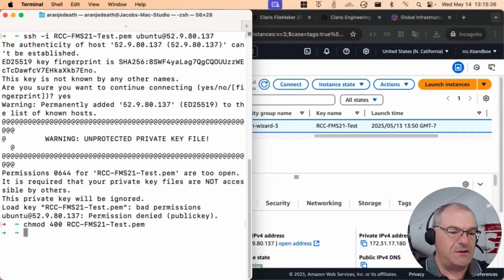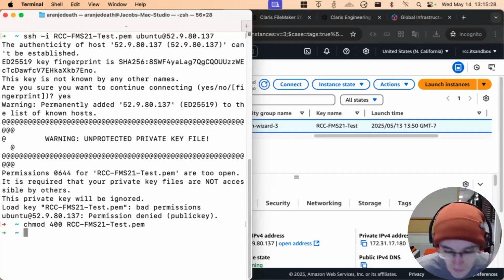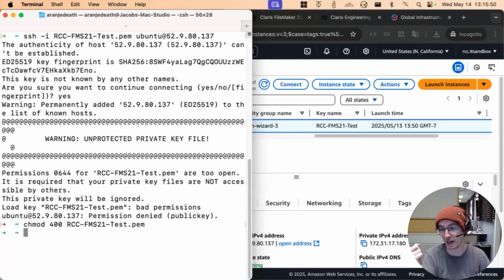So we're going to do chmod 400. That means read only and only for me. The zeros mean no one else can access it. If you're on a single user computer, that end of it doesn't matter to you. The key thing this application is looking for is that your key is secure from everyone else on the computer. So I have to solve two problems. I can't mess with the file, I can undo it, I can change it. Obviously, it's my computer, but neither can anyone else on my computer.